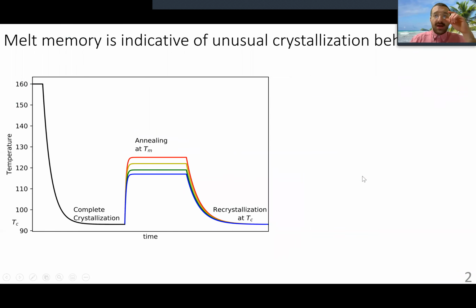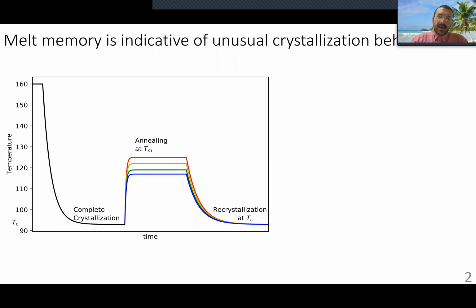So we really think the problem here is best characterized by observations which are deviant from classical models. And this is exemplified by the example of melt memory. You see a schematic in front of you of this experiment. Essentially, if you have a melt and you quench it to a crystallization temperature and you wait for it to completely crystallize, and then you take 4 different samples, or they're the same sample, from this completely crystallized polymer melt,